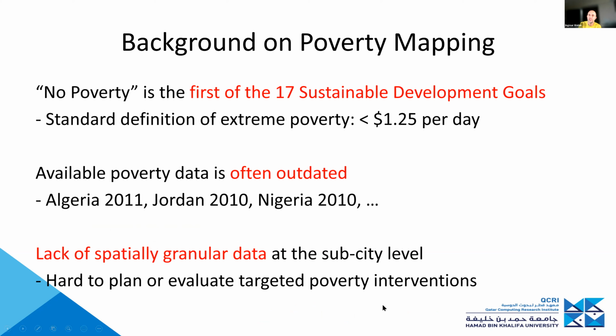When it comes to defining poverty, there are different definitions that exist. So the UN typically uses an income-based definition where you would be defined as extremely poor if you're earning less than $1.25 per day. The most recently available data is often quite outdated, right? I already mentioned that it's often tied to censuses that are only done every 10 years. And even then once they're done, they still typically take like a year or two until the data is available, right? And then in terms of data that's available to researchers, often it's not very spatially granular, right? Like ideally you'd like something that's sub-city level so that you can actually target interventions, right?